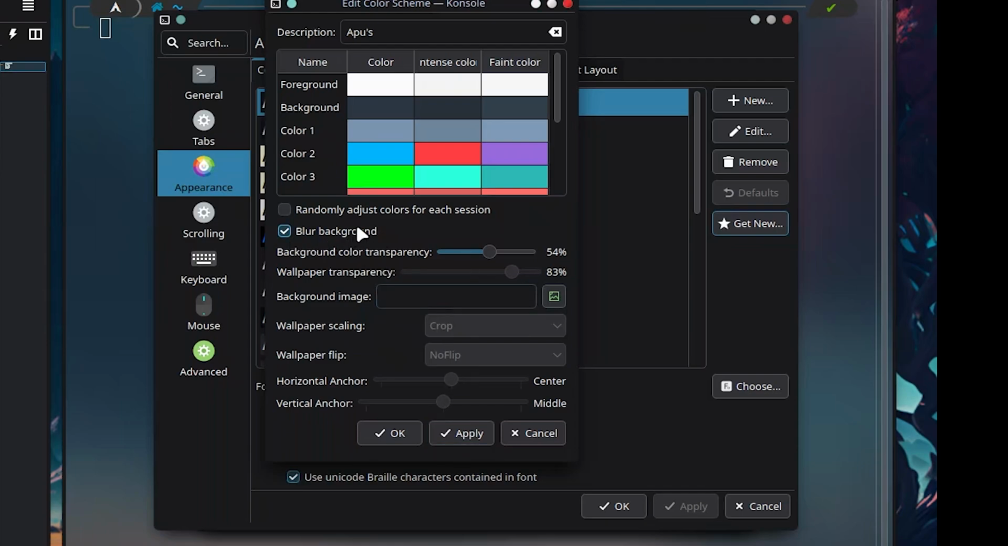Because, well, again, no terminal supports blur natively. Then we have color transparency, which is basically how transparent we want to make it. So you can make it really not transparent or really transparent. However you want to go, I like to put it around this point, about 40 or something, which gives it a kind of frosted glass look, which I really